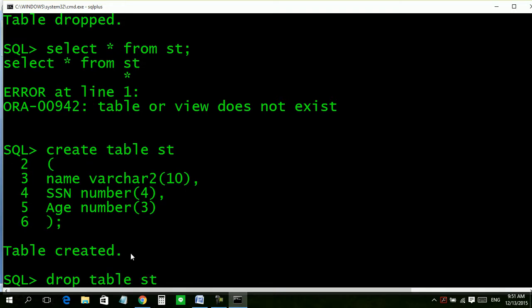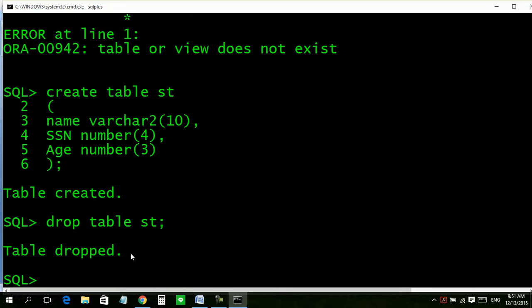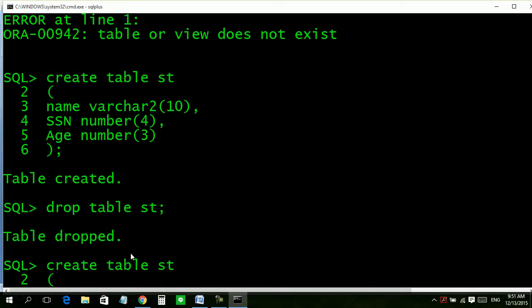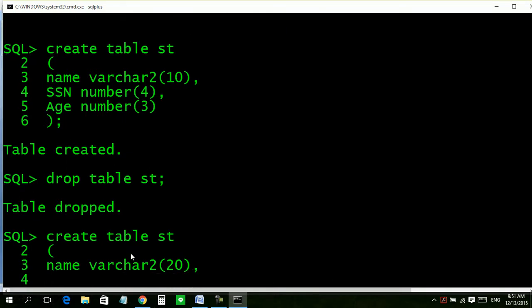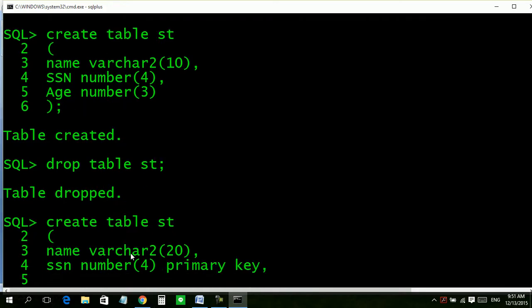Drop table ST, create table ST, name varchar2(10), SSN number(4). Now here I will write primary key and then I will write age number